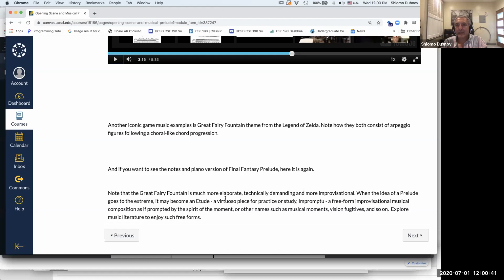But they also give you the same idea of notes that move all over the place, and maybe etudes are much more energetic in their feel, but they use a lot of the same musical composition techniques. So etudes, impromptus, there are specific names like musical moments. Vision fugitive is a specific piece about fleeting moments, by Prokofiev. Many composers created these little pieces that create a feel and mood,